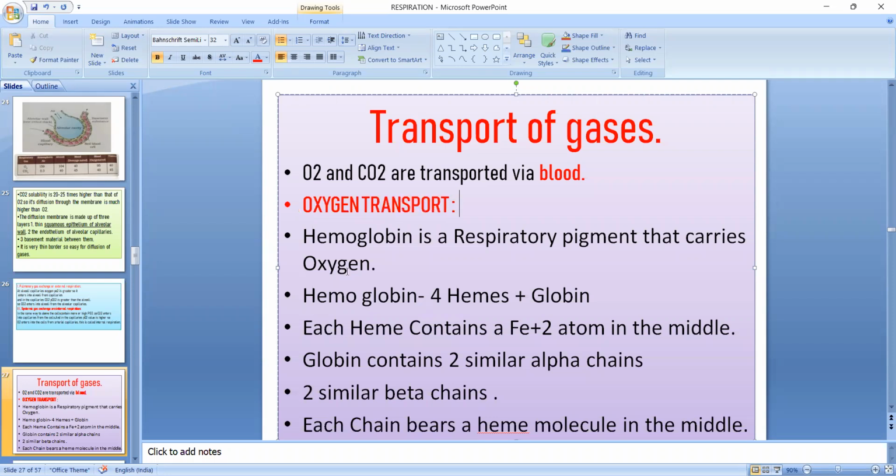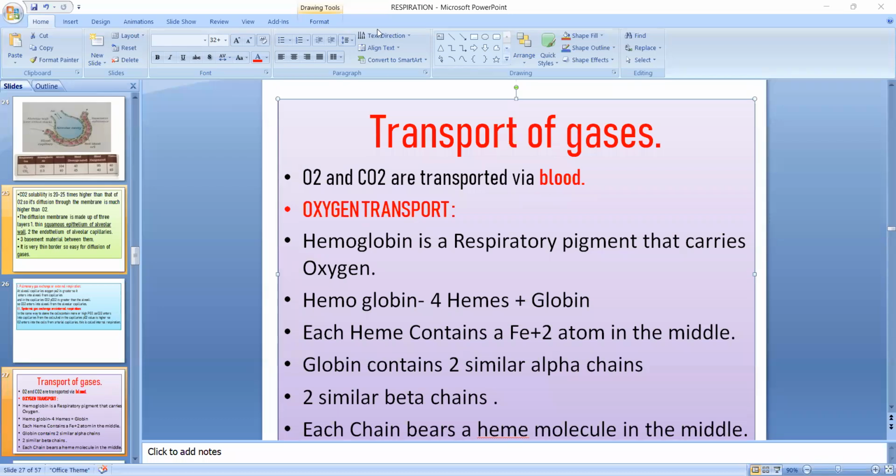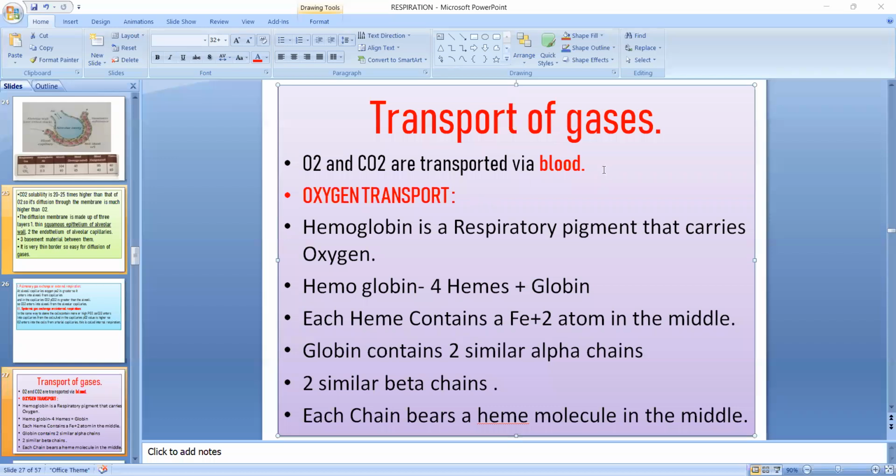Oxygen and CO2 are generally regarded as the respiratory gases. Oxygen enters into the blood at the alveoli region, and when it reaches the blood,